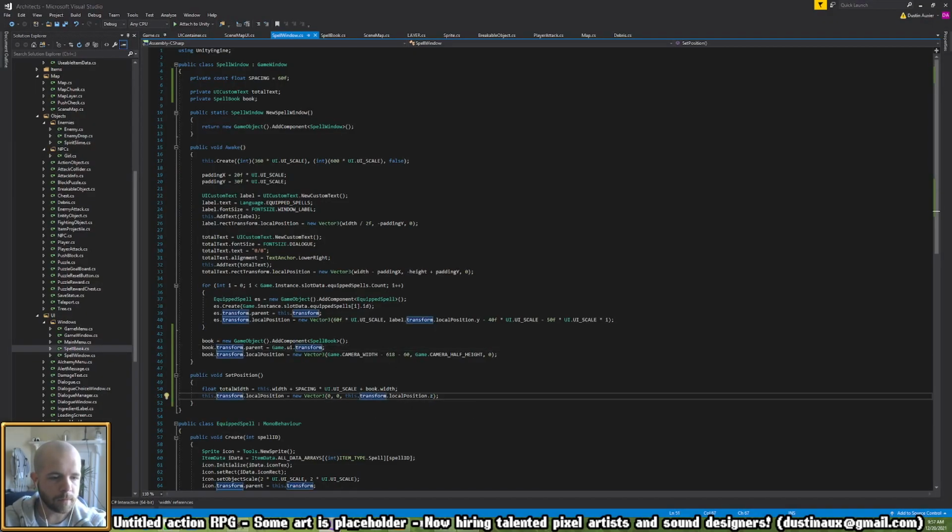Good deal. So we want for the X, half width minus half of the total width. And then the height will be half height. And then the book